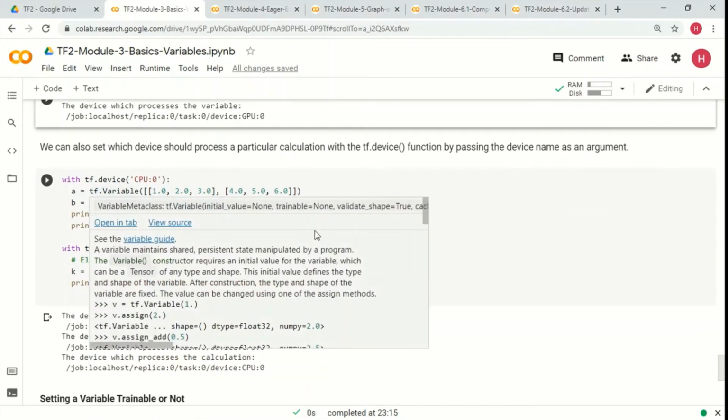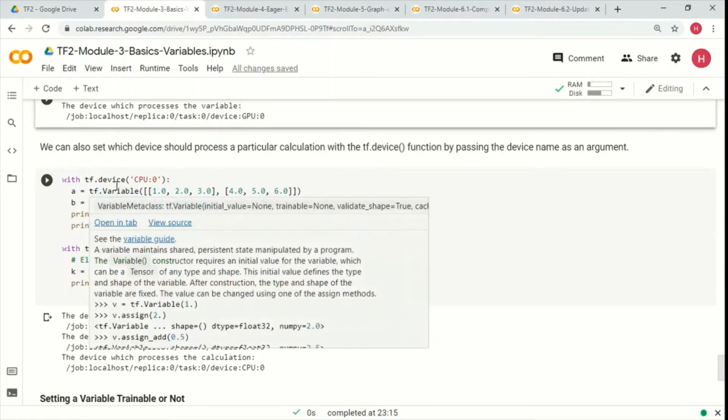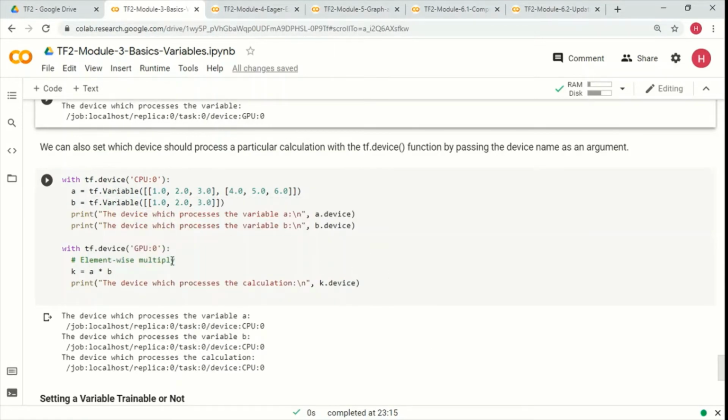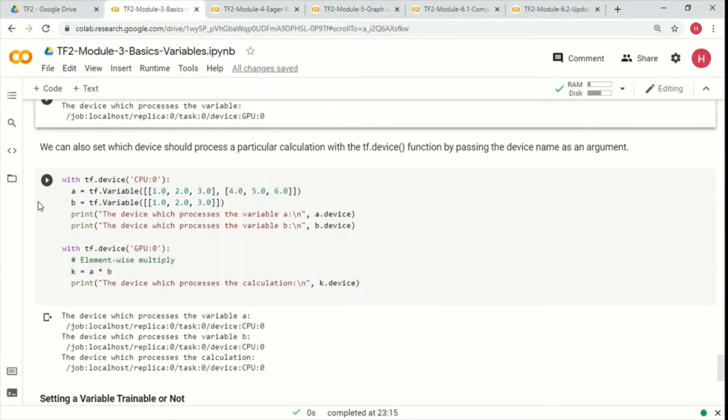and here what is being done is we are assigning variables to specific devices. So we have a CPU here and a GPU here. So these two variables are going to be put onto the CPU.